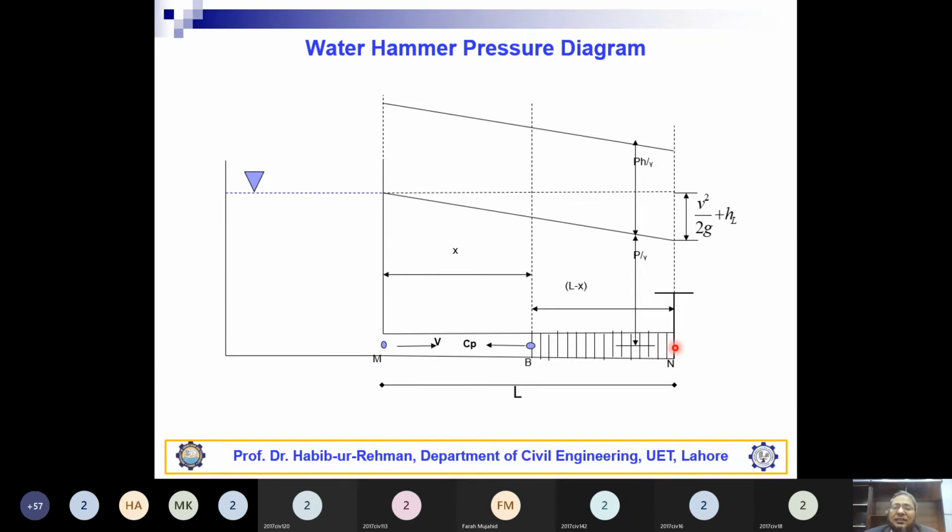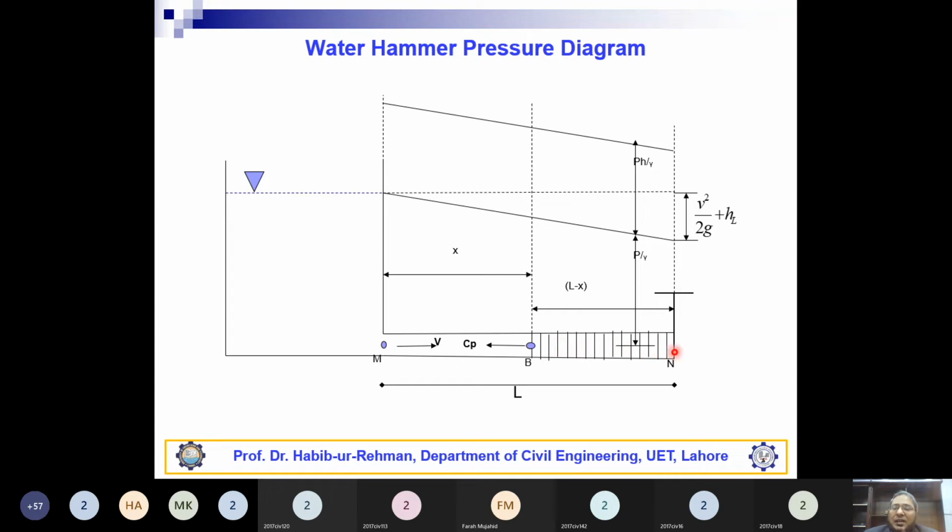Then thirdly, what will happen? Now there would be a loading of a negative pressure wave, which will move with a velocity of Cp and will reach here at a time of L over Cp at point M. And due to this negative pressure, the diameter of the pipe will slightly reduce due to elastic action. And then finally there would be unloading of the negative pressure wave, and the pressure in the pipe will become normal,